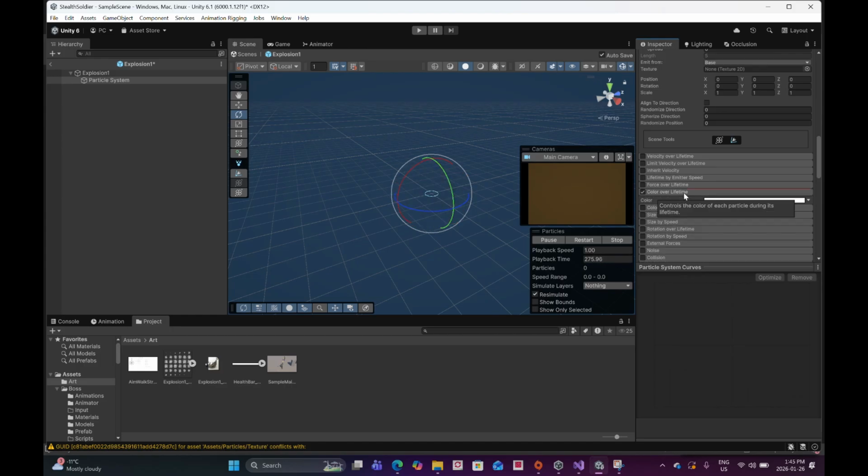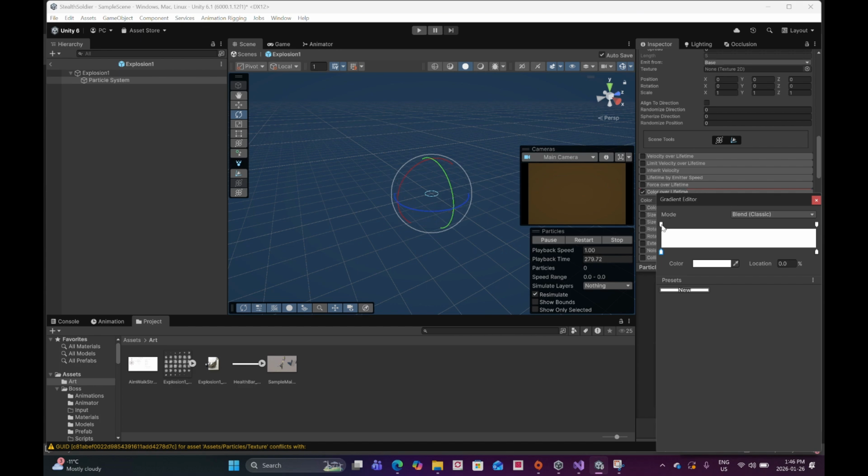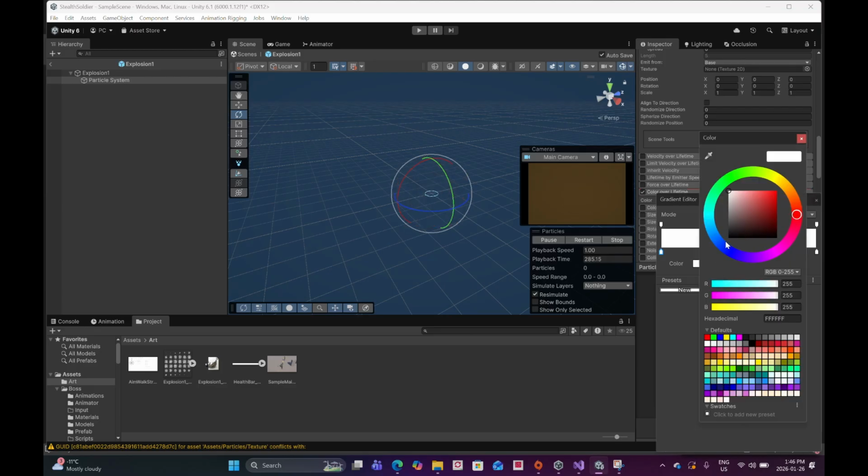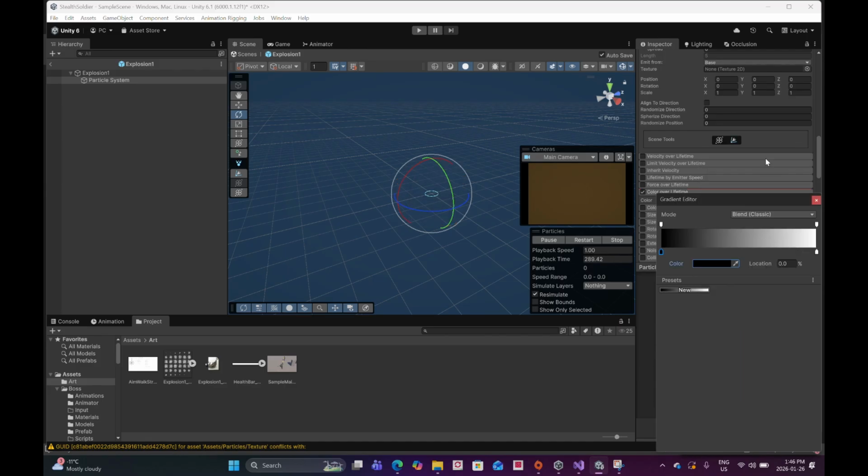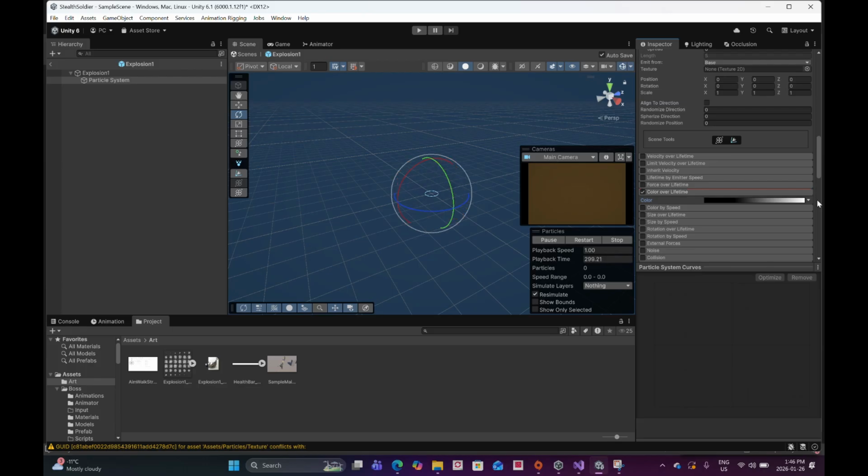Color over lifetime. So here I'm just making it from black to white. With the bottom left one selected, I'm going to go to that color thing and then change it to black. And then I'm shifting it over to add a little bit more black on the left side. And then